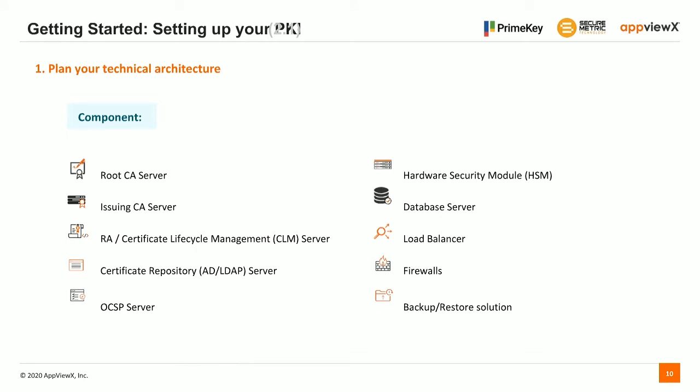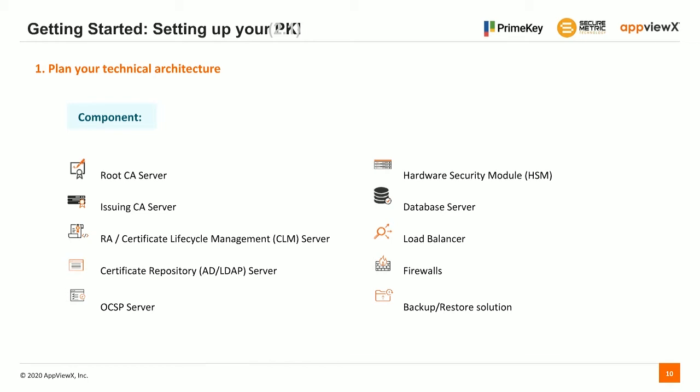Okay, so the typical components of a PKI would be the root CA server. The root CA server would be your trust anchor. It would be the thing that your entire organization depends on. So it's something that you want to protect very tightly. And next, you would then have issuing CA service for your different use cases. And you would want to have some sort of a registration authority or a CLM to manage all the different